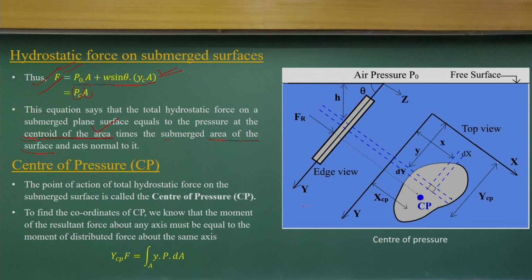In this case we have considered a single liquid with constant rho 1. But if you have multiple liquids, liquid 1 and liquid 2, they will have different densities. To find the pressure force acting on the surface, you need to do the integration: take the element area, integrate from one liquid to another liquid, and find the total force. The pressure diagram changes when you have two fluids with different densities, so you will have different pressure diagrams, and in that case you have to do the integration.